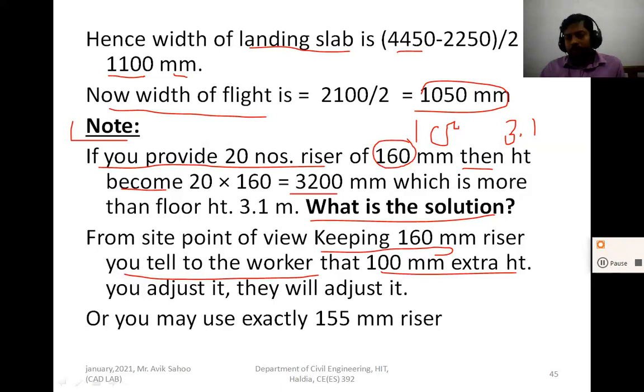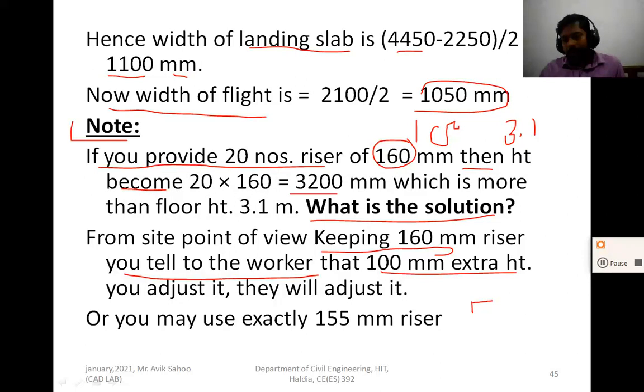So you know that practically the steps are not uniform. Although we plan it as uniform, it is not uniform, so the difference always remains.